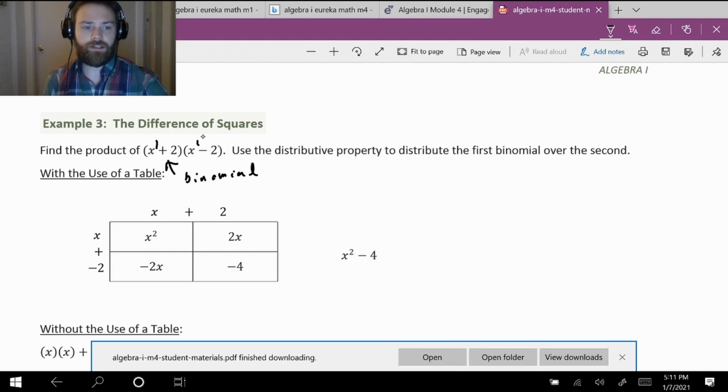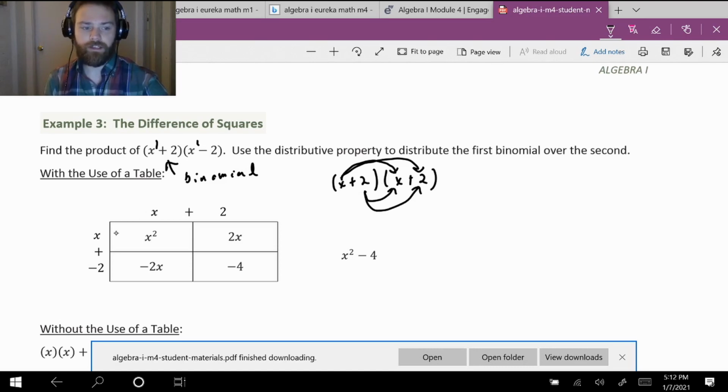But x times negative 2 is negative 2x, and yeah, this table does a good job of explaining it, but I'll explain it as well with the FOIL thing we've got going on. So the distributive property. And remember, this only works with two terms by two terms. So if you have 3 terms over here, 3 terms over here, or 4 terms over here, 5 terms over here, or 1 term over here, FOIL will not work. Or that acronym will not help you out very much. You'd have to distribute the values to each part. So